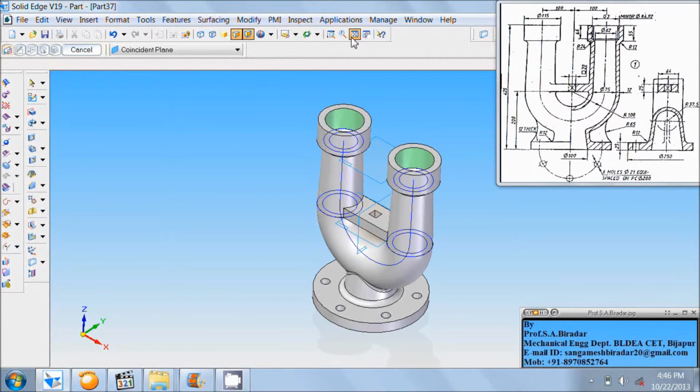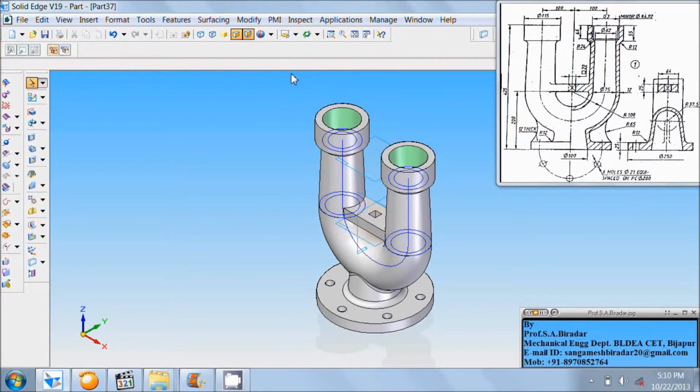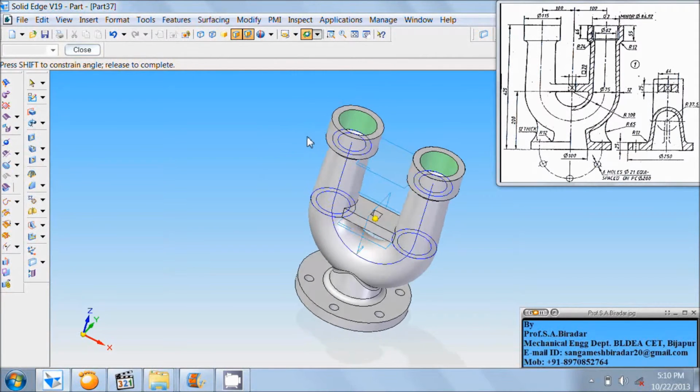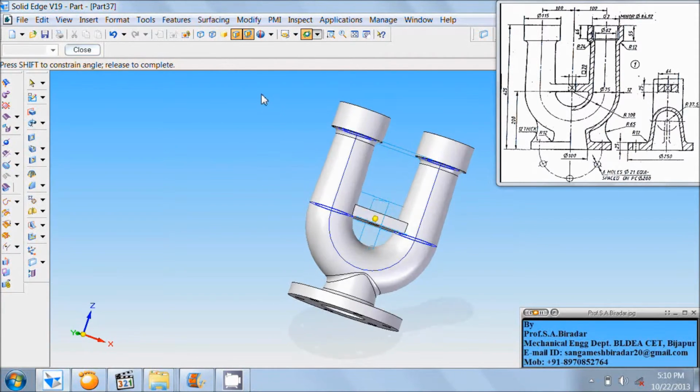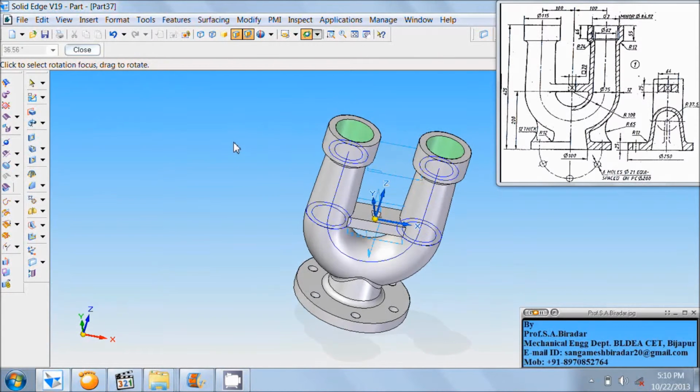Fit it, use rotate command, rotate in this way, then right click of the mouse.